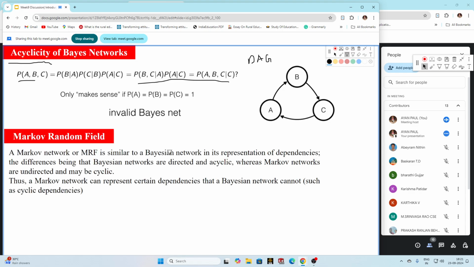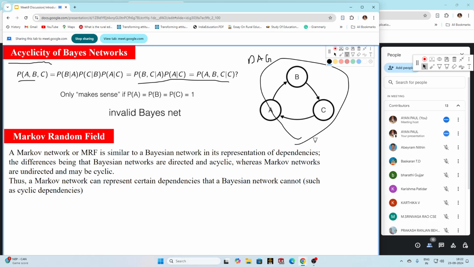Now to deal with that, we have the Markov random field. What is a Markov random field, or MRF? It is similar to our Bayesian network in its representation of dependency. The only difference is that Bayesian networks are directed and acyclic, whereas Markov networks are undirected and maybe cyclic. The cyclic problem can be solved by our Markov random field. Thus, a Markov network can represent certain dependencies that a Bayesian network cannot, such as the cyclic dependency that we have